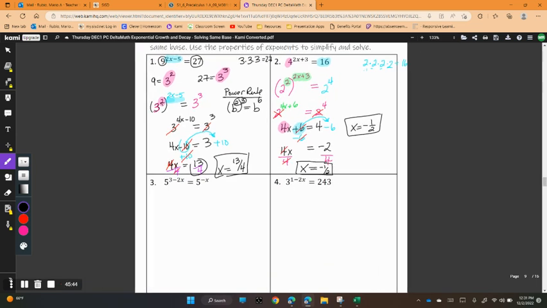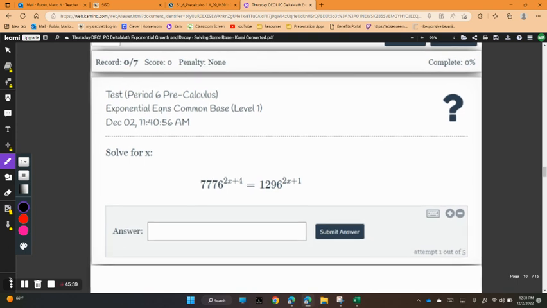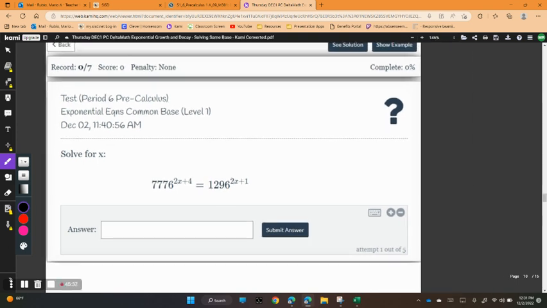Okay, so let me show you how to set up these Delta Math problems. I think I got one here. These are the same steps, same concept, but it's going to be kind of tricky, because there's a big number to figure out, and you need to figure out which base is common between the two. So what you're going to have to do is trial and error and some guesswork and figure out which